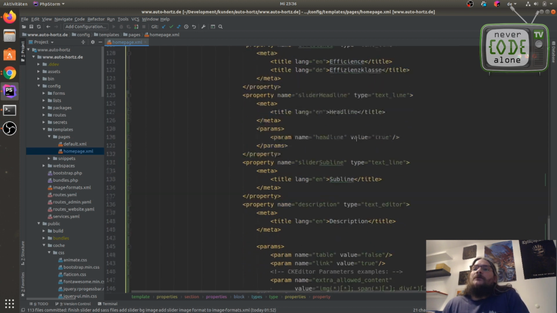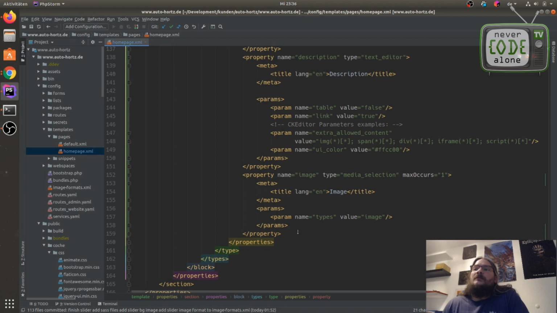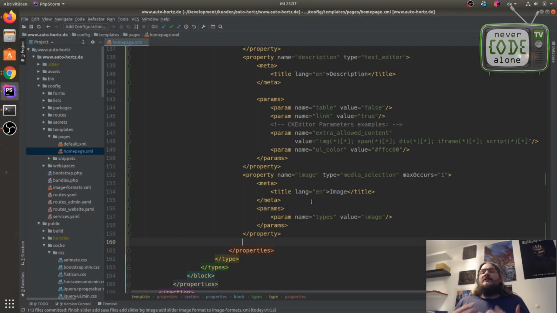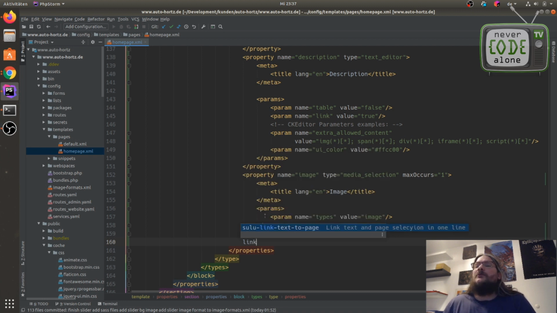So I go down here to have a better overview. I have here now a template, link and text to page. So sudo link text to page. Link text and page, oh, why is it that way? To an internal page.